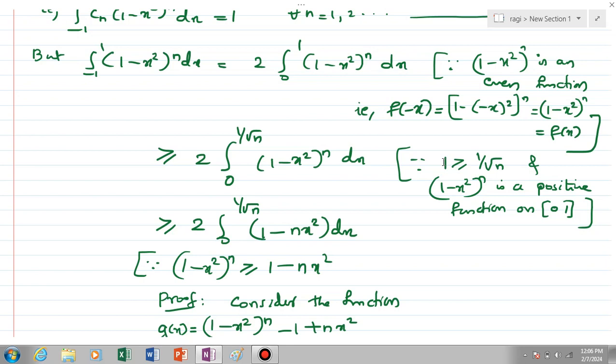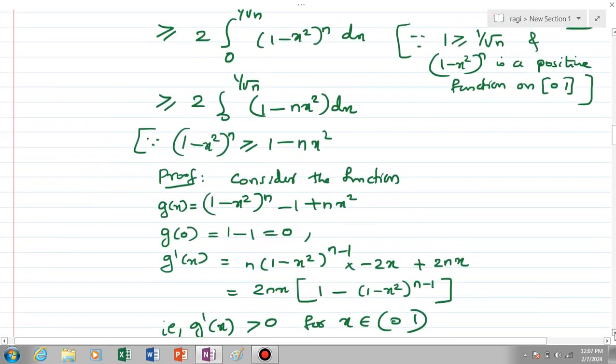And this is greater than or equal to twice the integral from 0 to 1 by root n of (1 minus n x squared) dx, and the reason is that (1 minus x squared) raised to n is greater than or equal to 1 minus n x squared. The proof is: